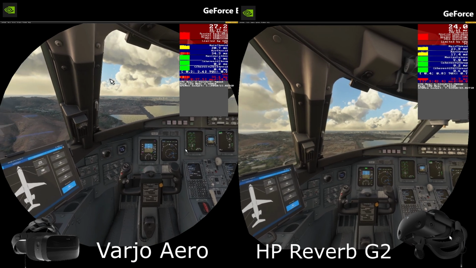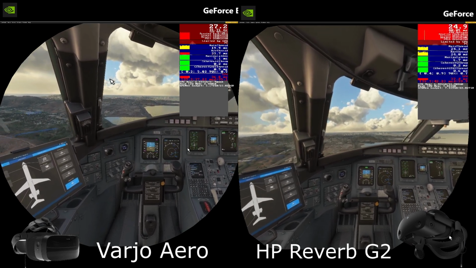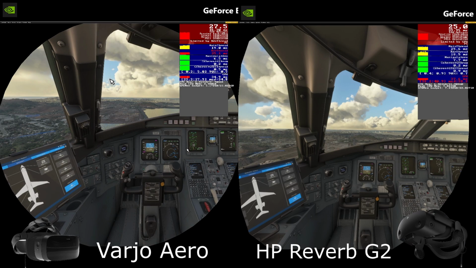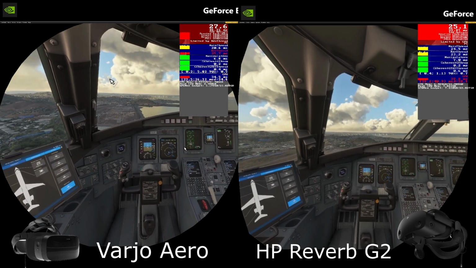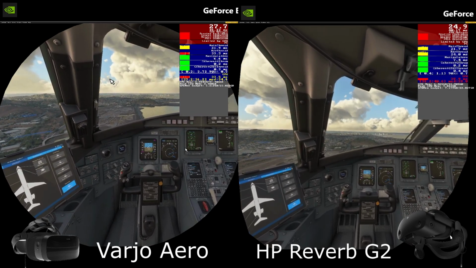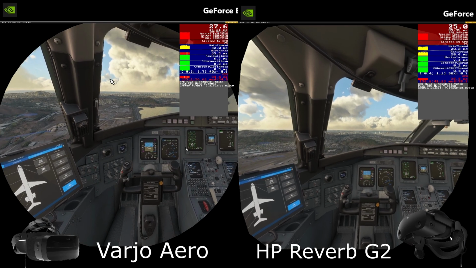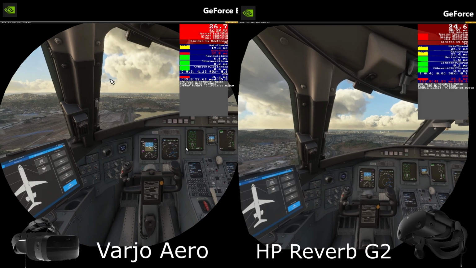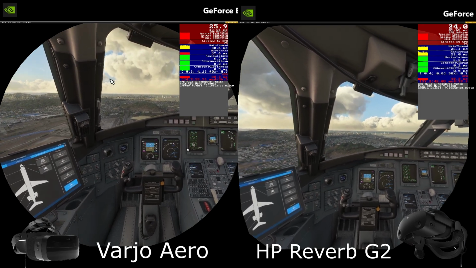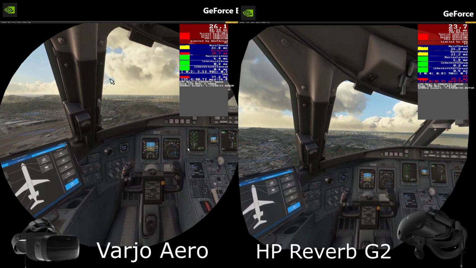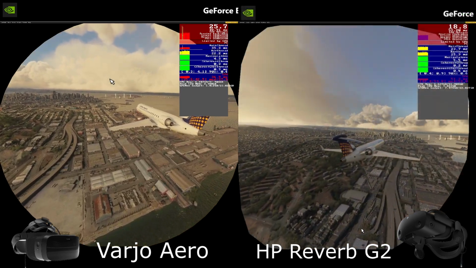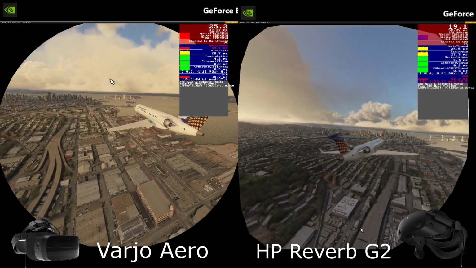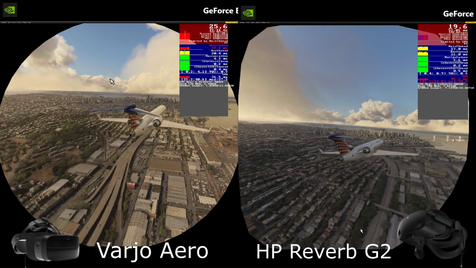Now this also is not the settings I normally use for both the Aero and Reverb G2, okay? That's also worth mentioning because some people think that this is my normal performance. It's not. This is just a stress test comparison. You've seen my setup video for the Reverb G2. That's the performance I get with that headset on a general day-to-day basis. But this, as I say, is a really hard performance test to see what I can do with both headsets